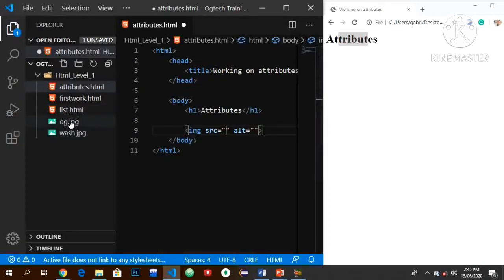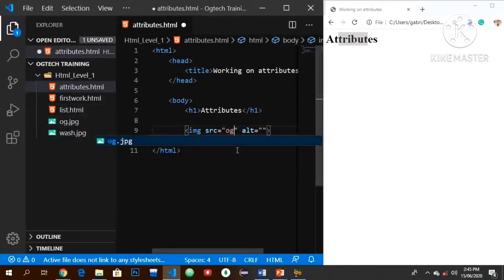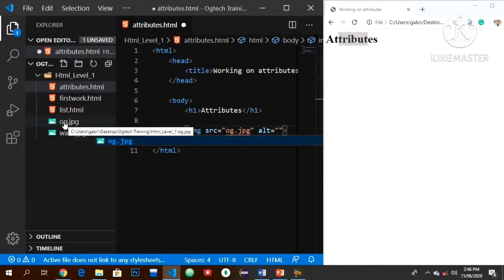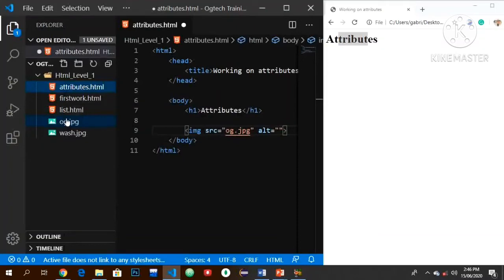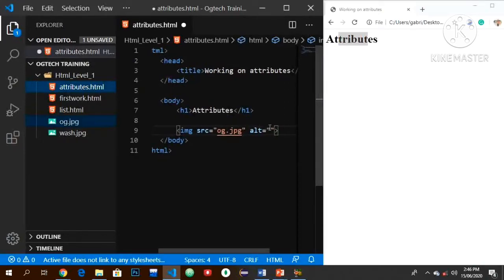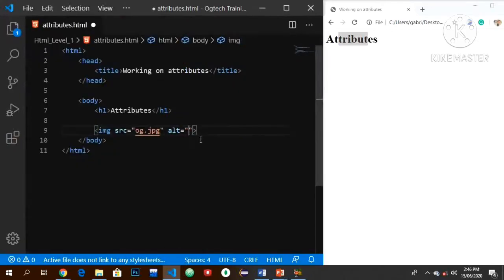Now, exactly as the name, that is how we are going to enter it here: og.jpg. If your name is too long or is too big, you have to rename it. To rename it, you right click, you see rename, then you name it. You call it an easy name, something that you can easily remember to just add it. Are you getting it now? All right. So in this alternative, let me close this since you understand this now. In this alt, we have ogtech